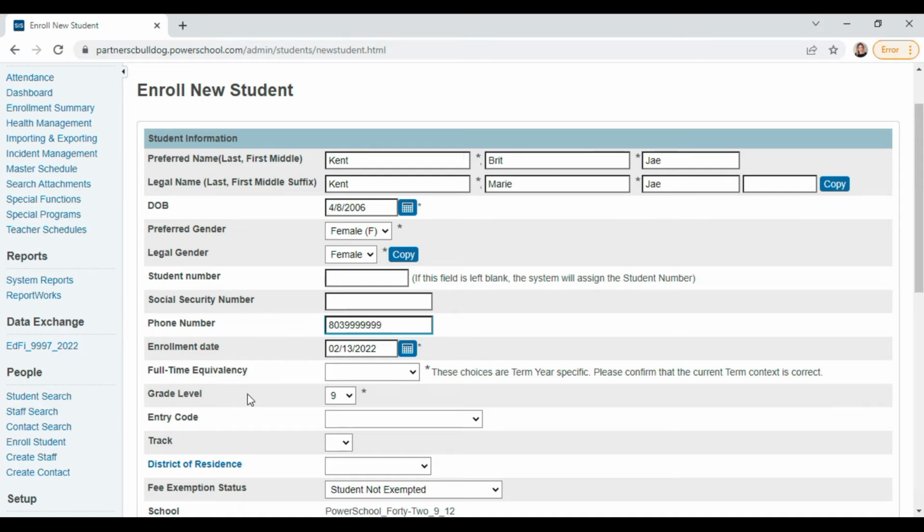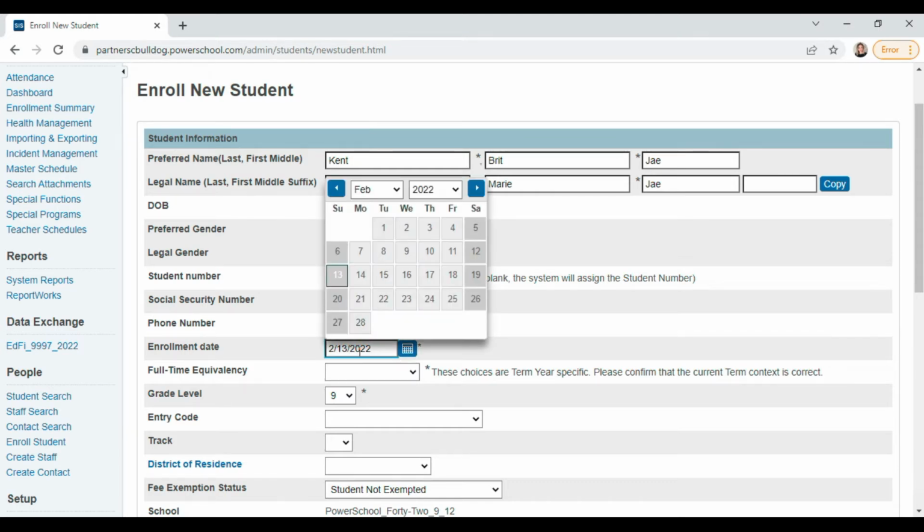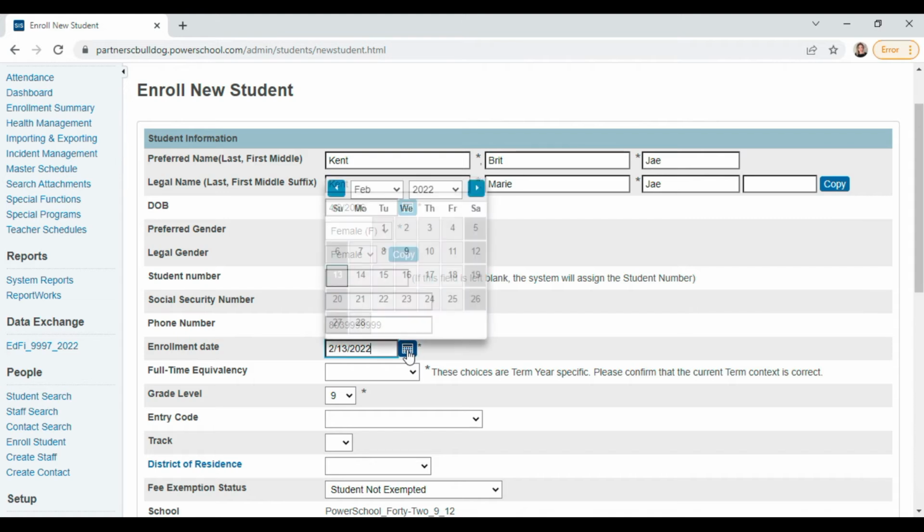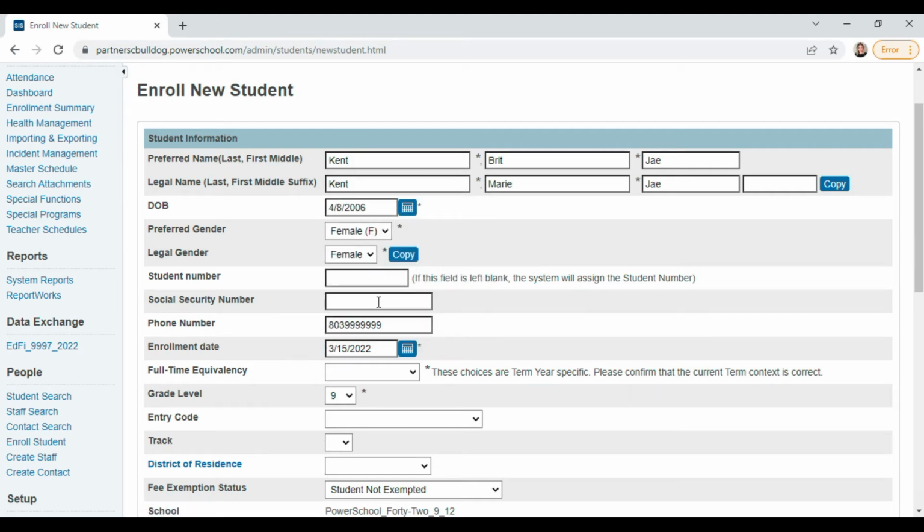And then for the enrollment date, it's also crucial that I select the correct date. What I want to do is select the date that Britt will be beginning classes. And it's really important that I choose the correct date. So in this case, we'll just say the student is beginning March 15th.